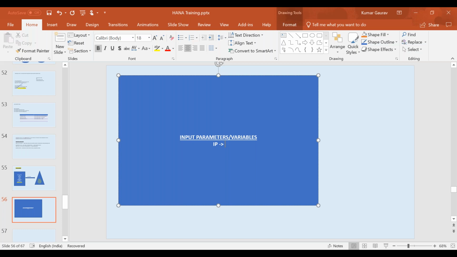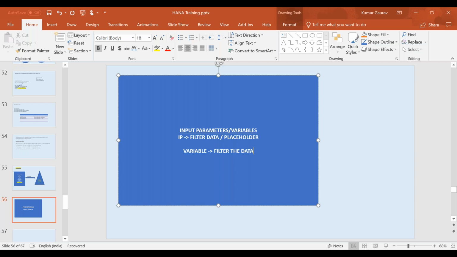When we see them practically, you will understand that an input parameter has two utilities. One utility is to filter the data, and it is also used as a placeholder. Whereas the variable has only one purpose, and that is to filter the data.